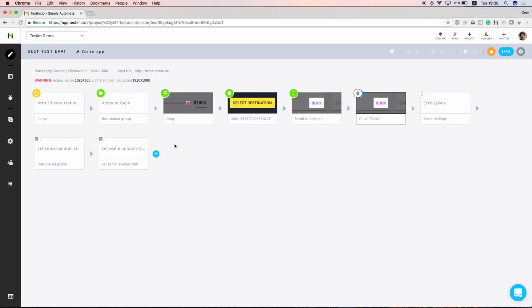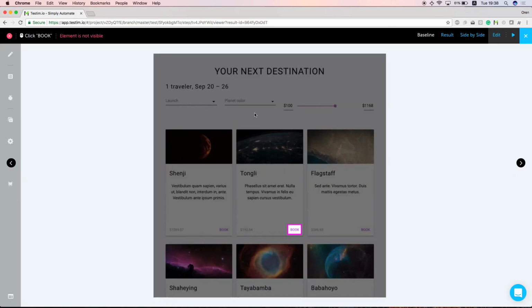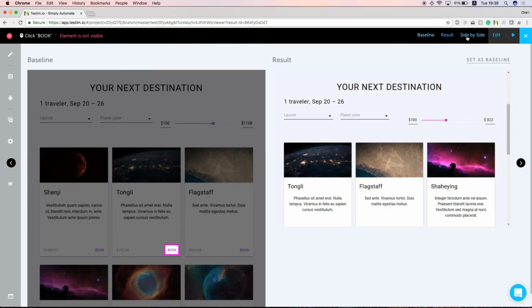And oh my God, it's trying to click, and we want to see why. My guess is that it's going to fail, and we want to know what happened. Oh, it says I couldn't find an element. And it says this is what I expected, but let's see side by side. And you see when we ran it with different resolution, we couldn't even